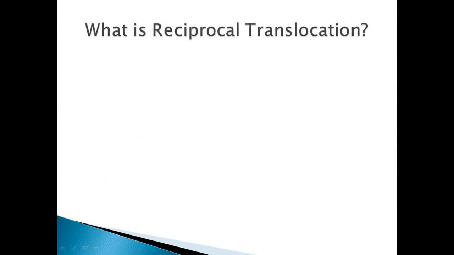So what is reciprocal translocation? There are 2 types of chromosome translocations, reciprocal and Robertsonian. Now, for the purposes of this presentation, I'm going to be focusing solely on reciprocal translocation as it is the more common of the 2 types of translocations, with an incidence of 1 per 1,175 in newborns, so it is